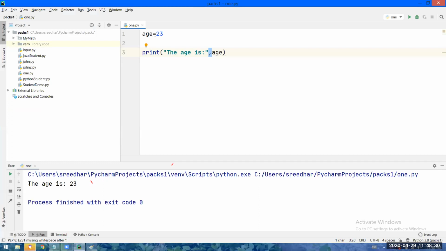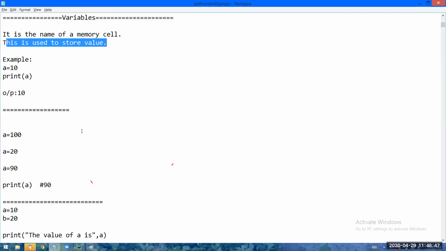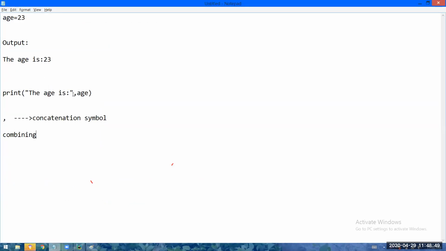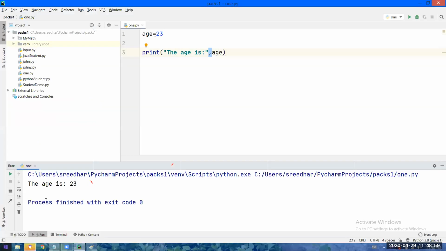The thing to be printed as it is should be combined with the memory value. Yes or no? The thing to be printed as it is should be concatenated with the value inside the variable. That is 23. So I will be putting the concatenation symbol.